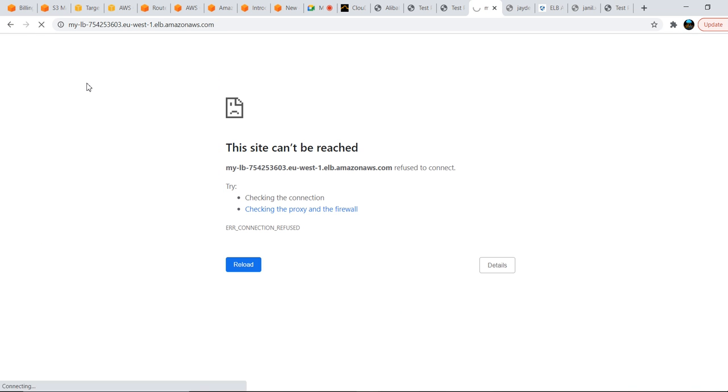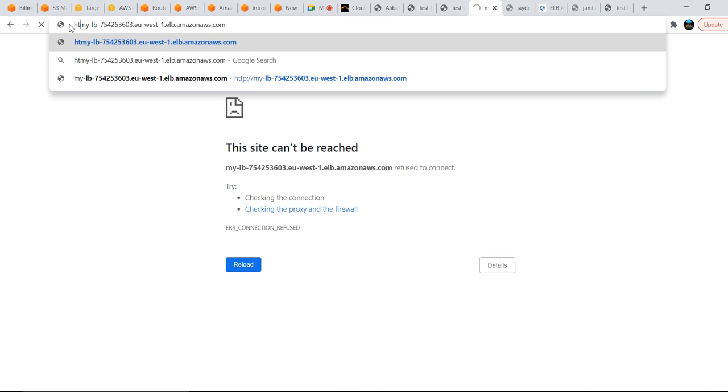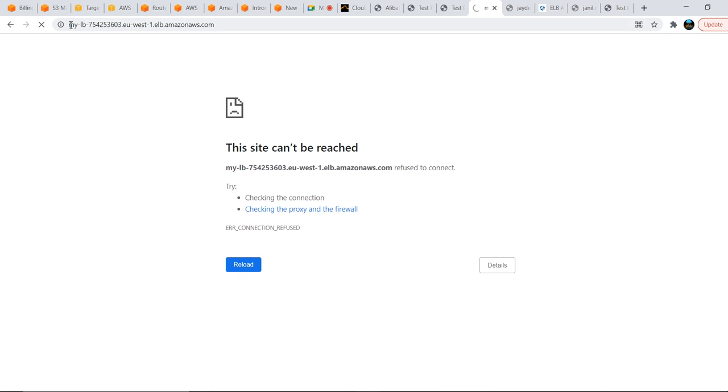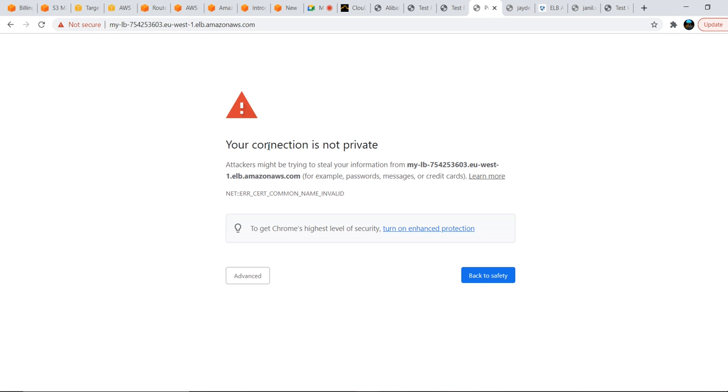If you see here, now it is resulting in an error because we need to use HTTPS. We are not hosted with HTTP, we hosted with HTTPS. So with HTTPS, if you click on this one, yes, it will say the connection is not private, because we have not created that certificate for this domain, right?